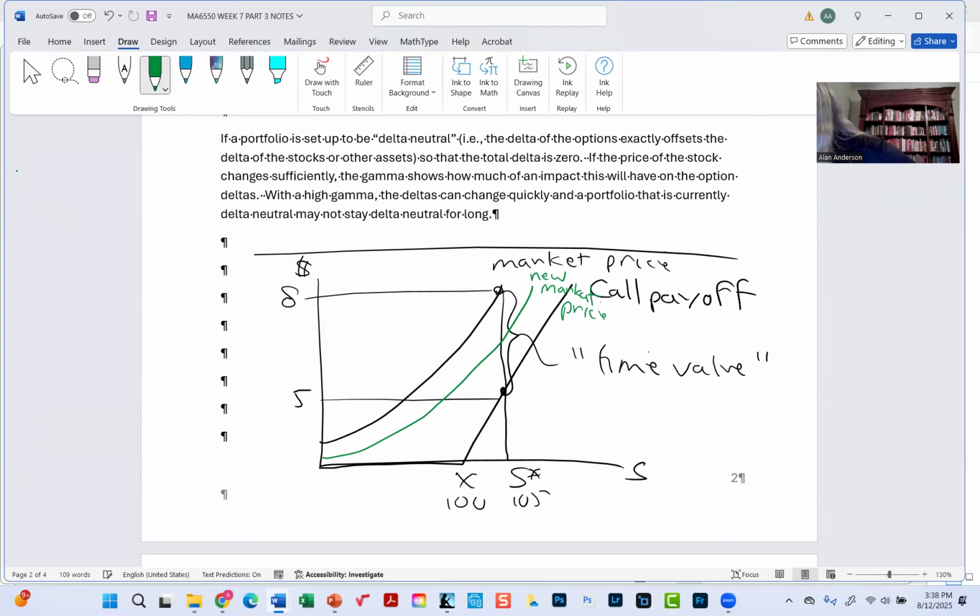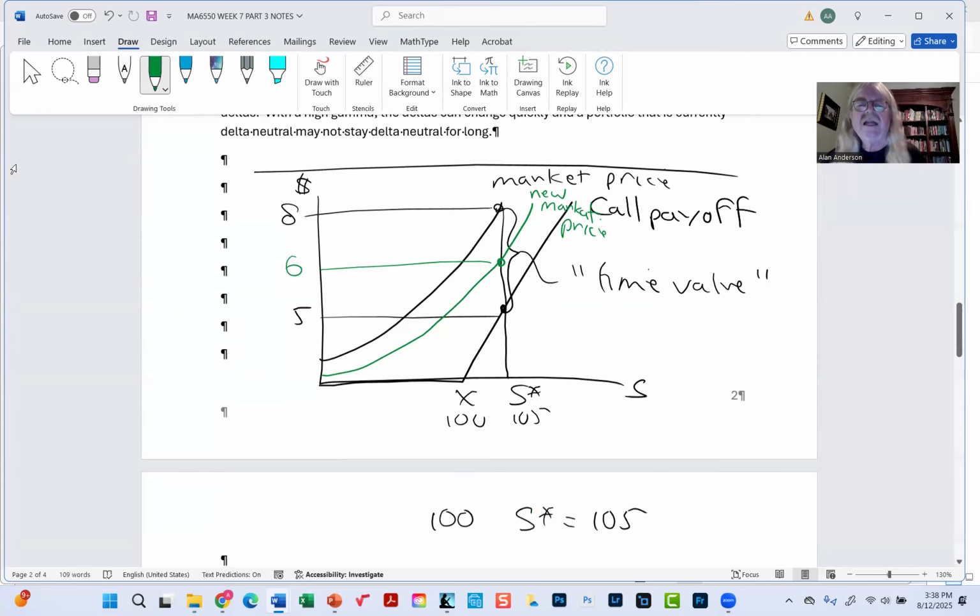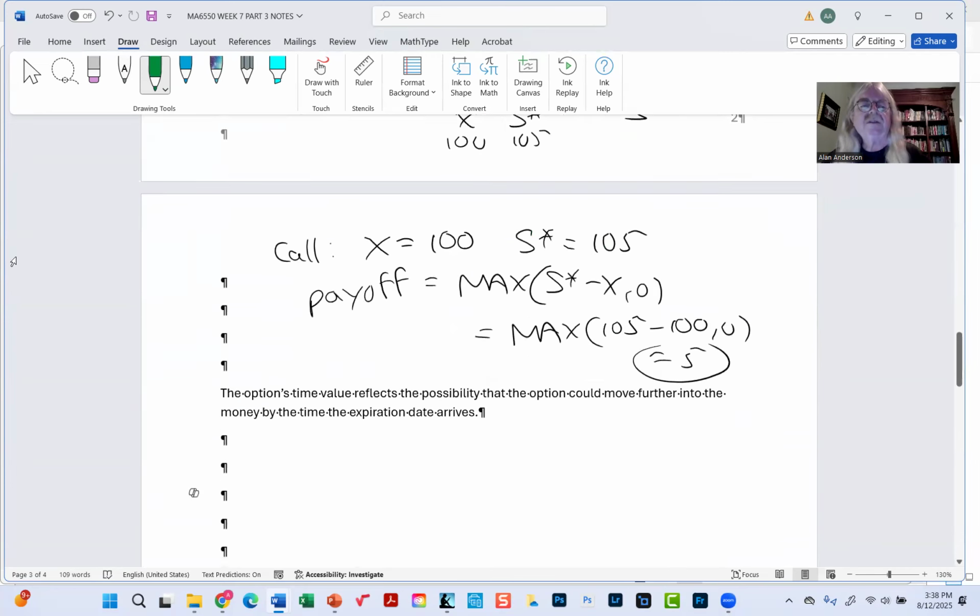Well, if you notice, all of a sudden, the option is selling for $6. And so what you're seeing here is that after time elapsed, in this example at least that I just made up, time value has declined from $3